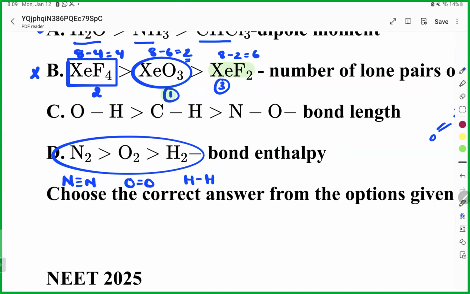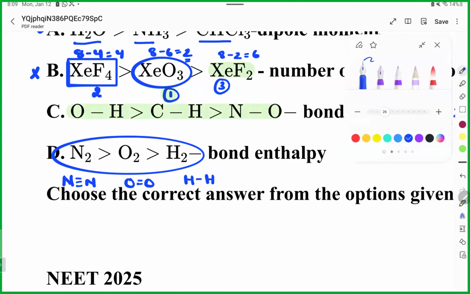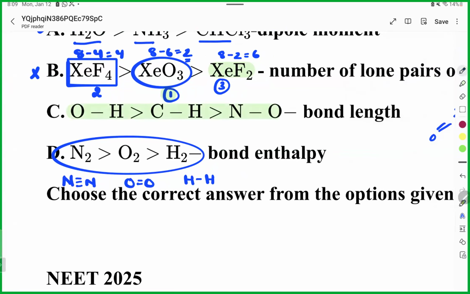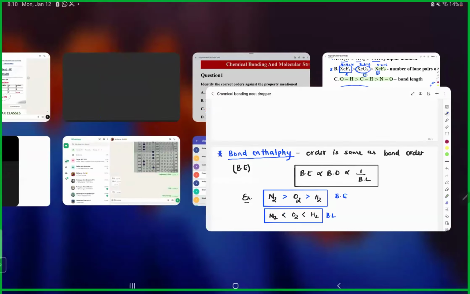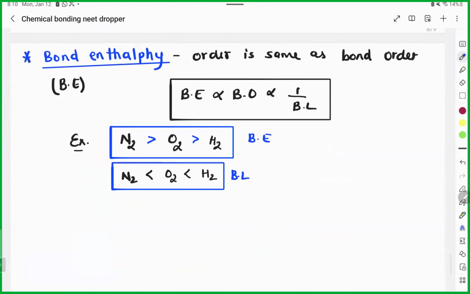Example, if you see this bond length, nitrogen and oxygen have high electronegativity, okay? And electronegativity difference is minimum, so bond length will be maximum. So I will mention this concept also. Though we don't need it for NEET 2025, this was enough, but still